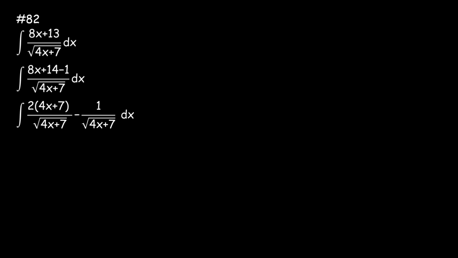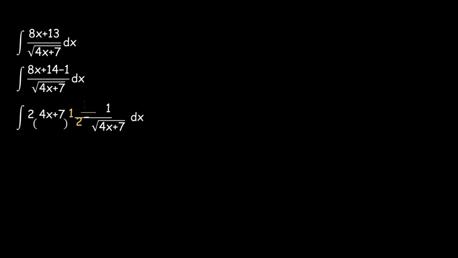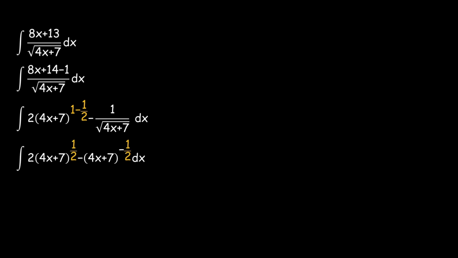And then the denominator of the first term can be written with the power of a half, like so. And since we can use the rule of indices here, we would have 1 minus a half for all of that term. 1 minus a half is still a half, so our first term is going to be the integral of 2 times (4x plus 7) to the power half minus (4x plus 7) to the power minus half, which